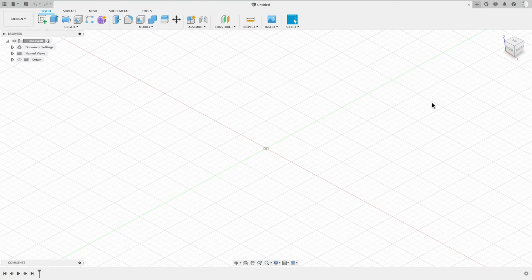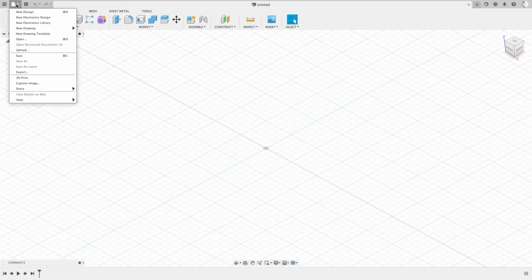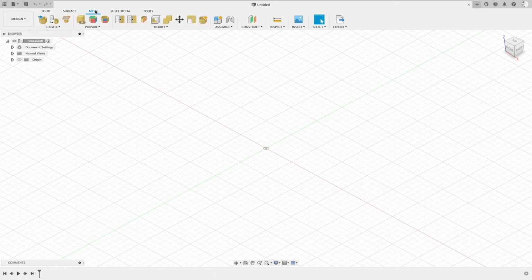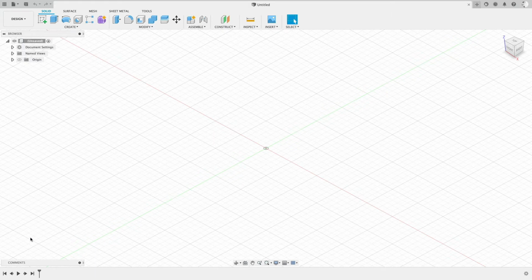Before we get started modeling, I would like to give you a brief crash course in the interface of Fusion. It's pretty easy. Upper left corner, here we have all the icons for opening, saving, etc. This is our toolbar area. We have various modes, for example, making surfaces, making solids, tools, polygon meshes. Here in the browser, we will later see all our objects. Down here is the timeline,